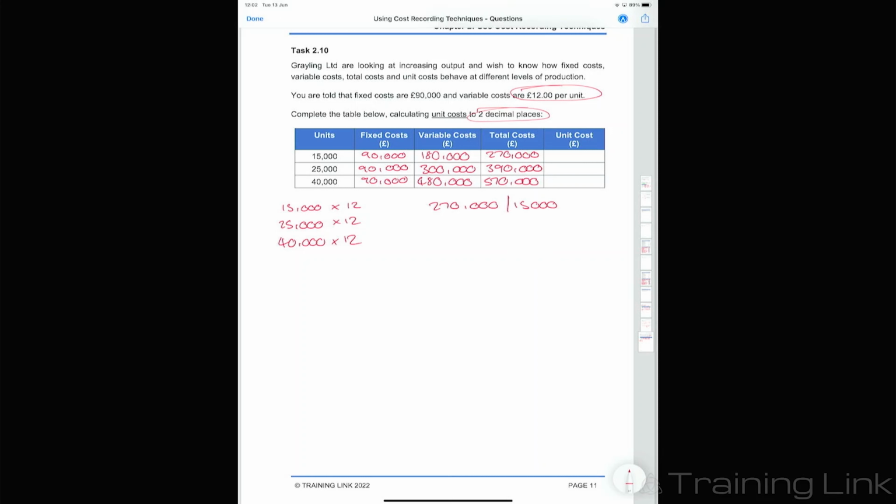So in this first one, 15,000 units. The first one should give you £18 per unit. The second one, we do 390,000 divided by 25,000 units. That should give you £15.60. And then finally 570,000 divided by 40,000 units should give you